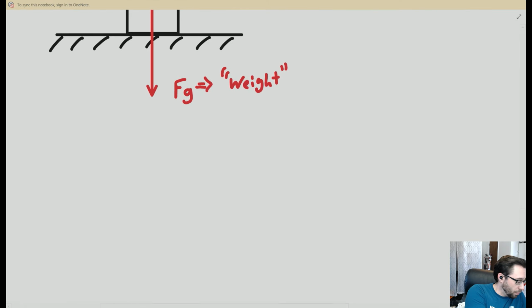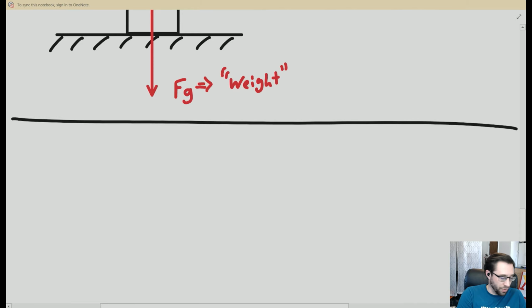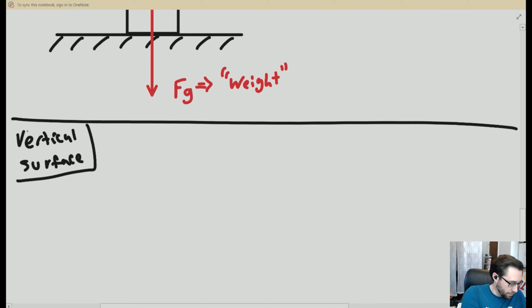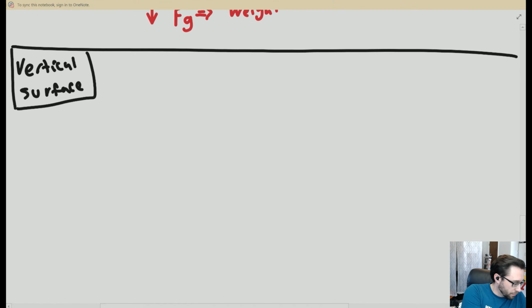Now, what would happen if we had a vertical surface? Now, this one gets a little interesting. So, if I have a surface like so, and then I've got my box,